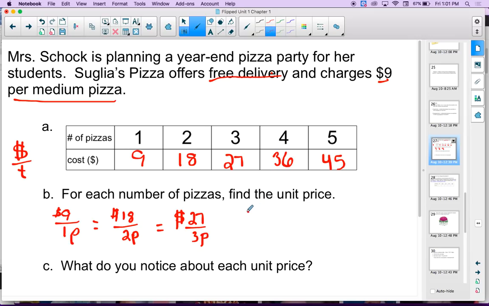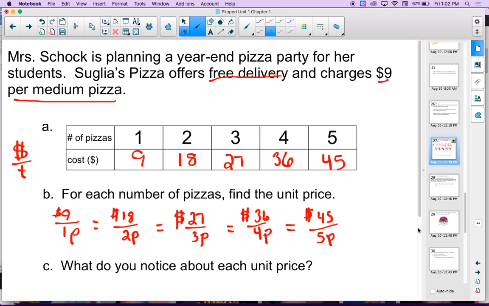4 pizzas costs $36. Okay, $36, 4 pizzas. If we divide by the GCF, which is 4, we're going to get $9 for 1 pizza. That is another equivalent ratio. Let's finish up our table and check our last possible piece of our puzzle here. We got $45 is the cost of 5 pizzas. Again, if we divide by the GCF, we divide by 5 in the numerator and denominator, we will get $9